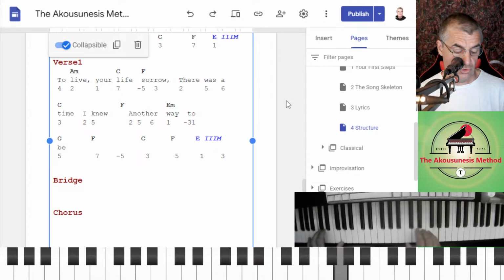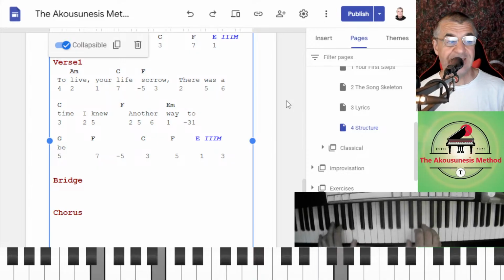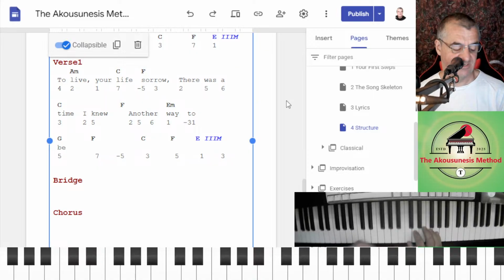Time I knew, another way. Another way. I'm not sure if I'm liking E minor now. Way. I knew, because we changed the melody note, it's not going to have the same interval appeal. I knew.